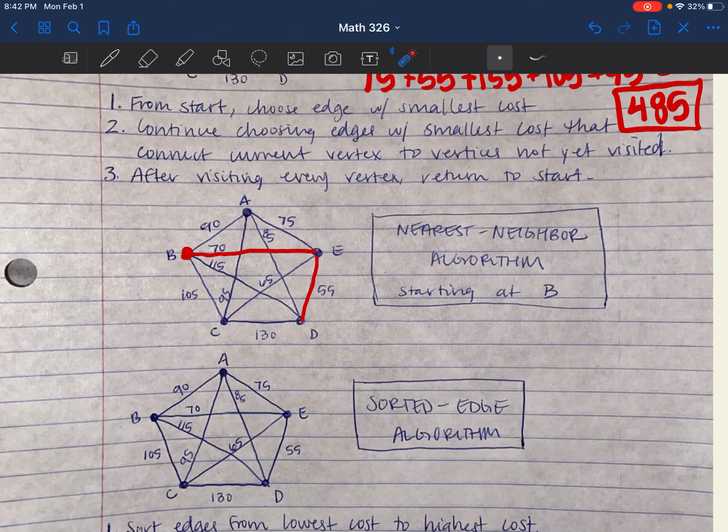Still on step number 2 for D, we're going to choose the next smallest cost. We don't want to go back to B because we don't want to close our circuit. We haven't hit C or A yet. We don't want to go back to E because we've already hit it and we don't need to go back. So from D, we can go to A, which costs 85, or to C, which costs 130. And we are going to go to A because 85 is less than 130, and we want to choose edges